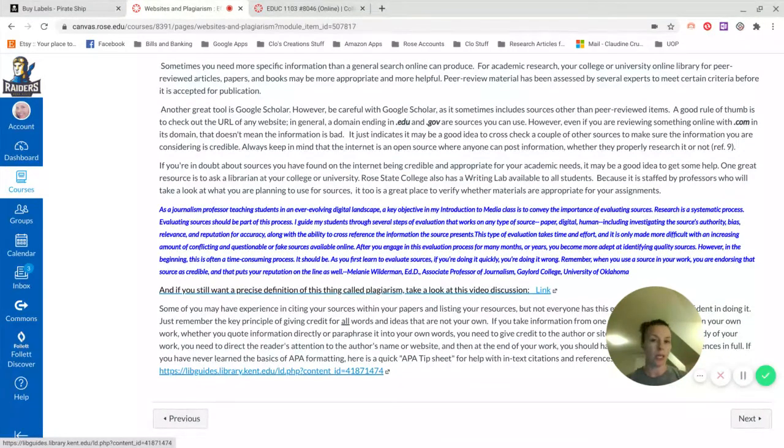But I would hold on to this, especially if APA style writing is something you've never done before or something you're not super familiar with and you need a little extra help with. Instead of getting an APA manual, which is not fun to go through and not fun to use when you have to write an actual APA style paper, this is a very condensed version that has a lot of